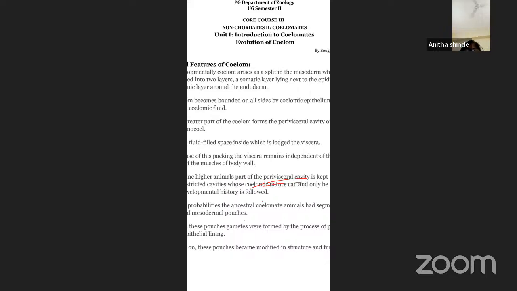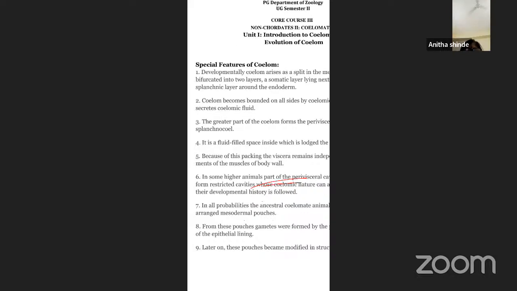The next point means the ancestral coelomate animals had segmentally arranged mesodermal pouches. So we can say that whatever coelom has developed, it has developed from the ancestral pouches only. So in all the possibilities, they say that the ancestral coelomate animals had segmentally arranged mesodermal pouches. So we can confirm that the coelom has originated